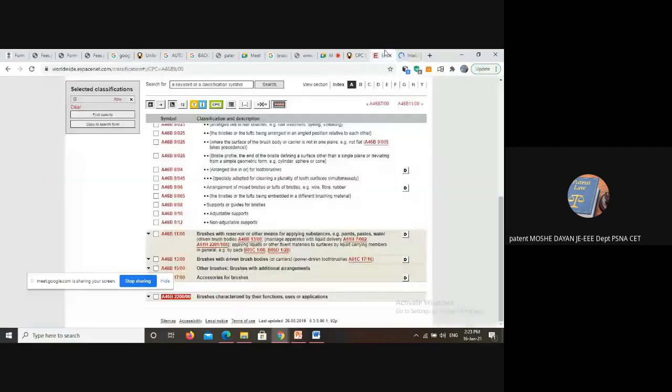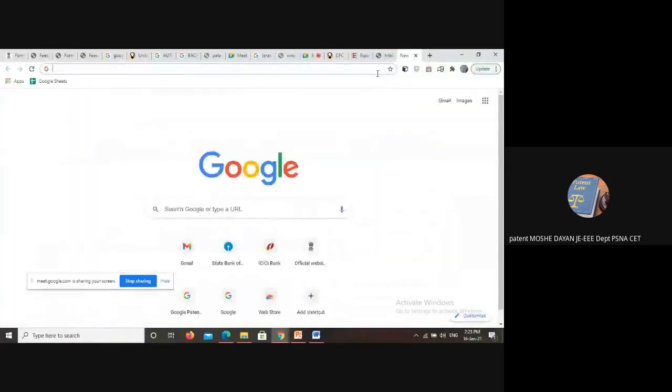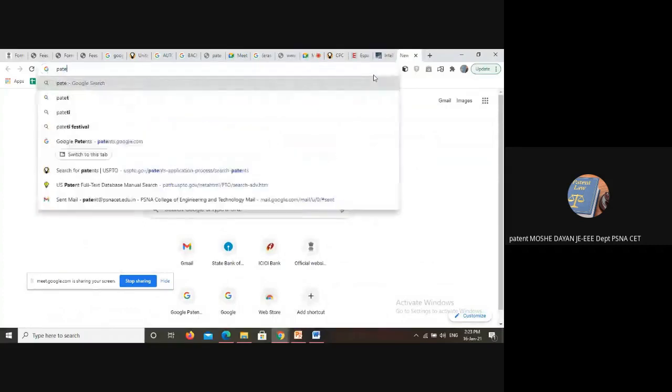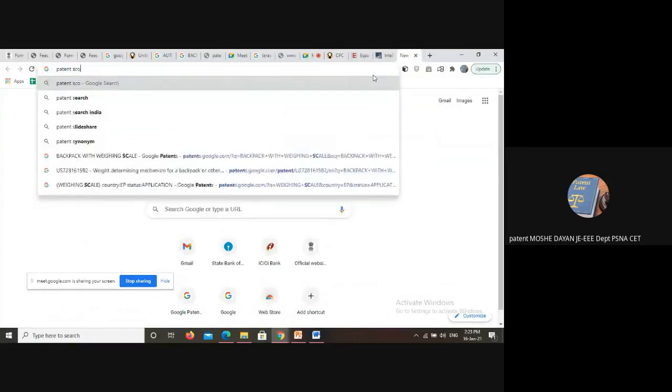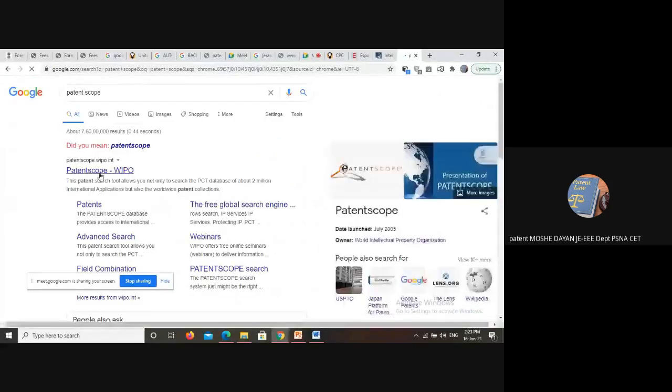The WIPO search is otherwise called Patent Scope, or you can type in Google, Patent Scope. That is the official term for the WIPO patent search. So participants, kindly make a note of these things. Patent Scope is the official search database for the WIPO patent search.